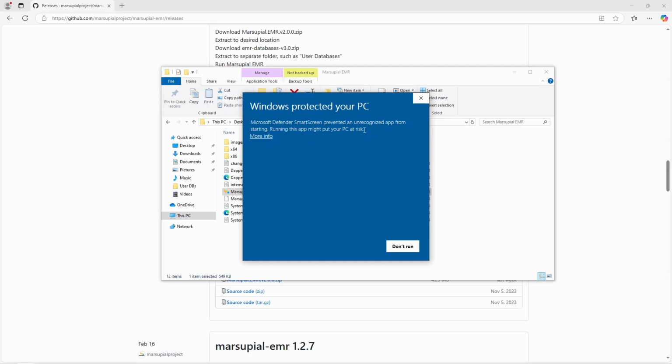It's just an unfortunate pop-up that's going to appear because it's a custom piece of software and it's not released by a corporation. So Windows and Microsoft don't recognize it as being made by Google or Microsoft or Apple. It's just made by me. So it's going to pop up and say Microsoft doesn't recognize this as a big business application because it's not, and it's free. So you can click More info and click Run anyway